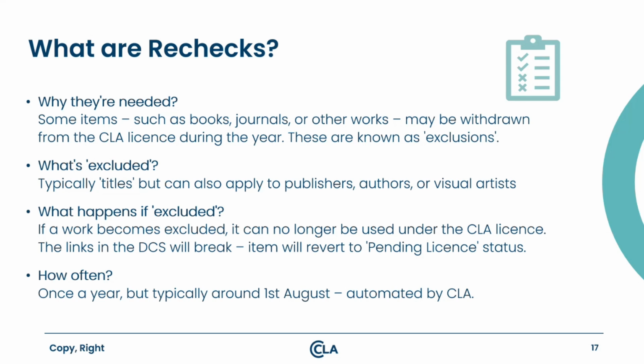A publisher may have explicitly excluded some or all of their titles from the CLA licenses. For UK titles, publishers would do this with PLS directly, the Publishers' Licensing Services. It would update their system, and their system would automatically tell our system about those repertoire rules. For US titles, the CCC, Copyright Clearance Center, would do the same thing, and they would tell us about it. And theoretically, we could have a